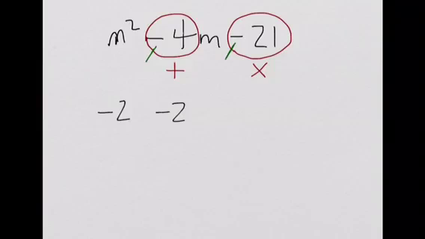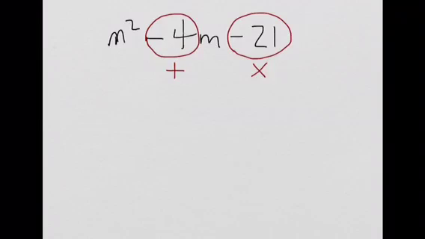Any two negatives that we multiply together will give us a positive number. So that actually means we need to pick a positive and negative that end up giving us negative 4. Now, the best way to go about doing this is actually starting with our product and thinking of factors, and then working out if they add together to give us the coefficient of the m term,